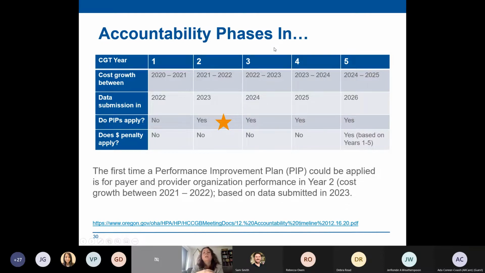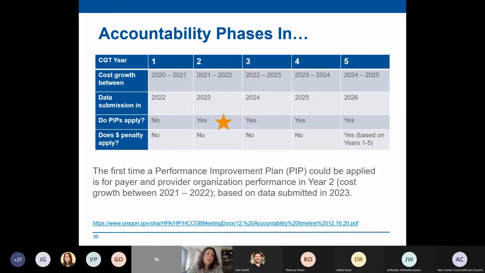So I know there's been a lot of stress about what's been happening with COVID and all of the changes that are happening in the market right now. And as we're submitting data, as we're reviewing the data and having these conversations with you, how are we taking this into account? And I think we have been saying it's okay, there's still time, accountability phases in. The soonest anybody would be put on a performance improvement plan is not for another year plus. So just wanted to reaffirm that. The data lag in this program and the cycle of the submissions and the processing means that we're still a little bit of a ways out.